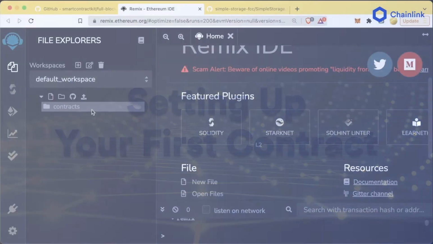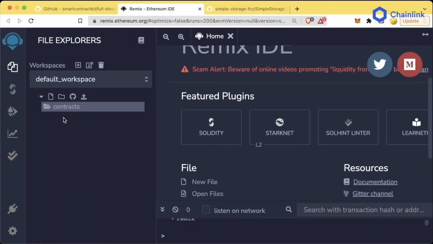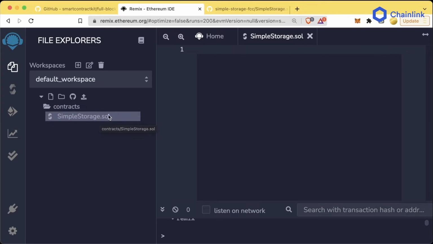Now we have a blank Remix setup. Click on the contracts folder and click the little page icon to create a new file. A little box will pop up and you can start typing text into it. We're going to type in SimpleStorage.sol. .sol tells our compilers that this is going to be a Solidity file and that we're going to code